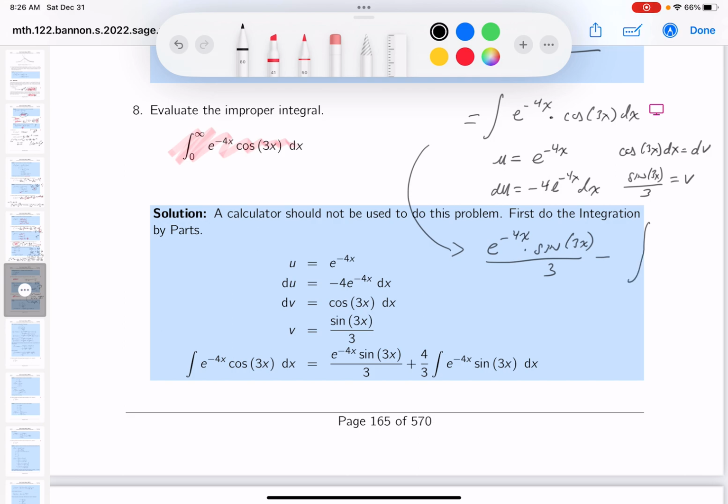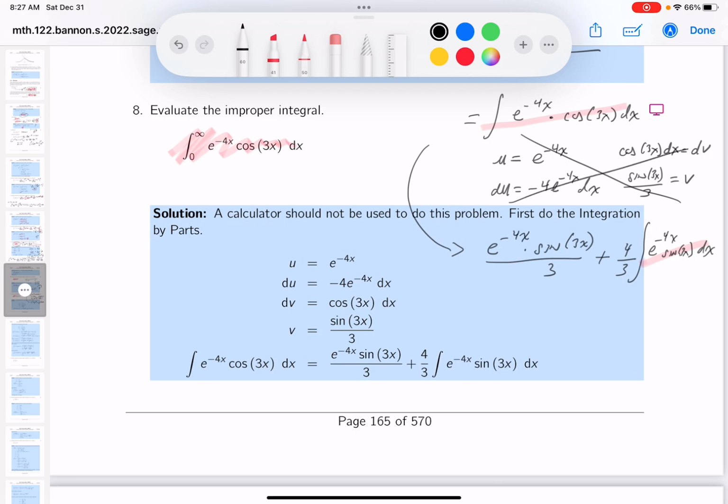Well, I'm seeing something. I'm seeing the minus 4 e to the minus 4x. I'll bring that in the outside. It's going to be e to the minus 4x dx. And then I see a 3, and then a sine 3x. One thing I noticed about this is, remarkably, it hasn't gotten more difficult, and it does look similar, all right? So I'm going to say this is done,